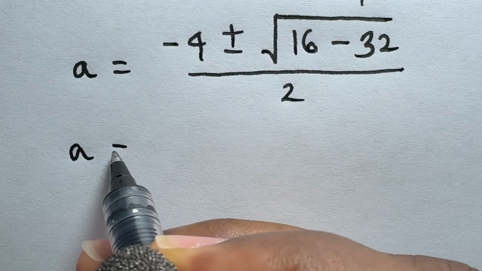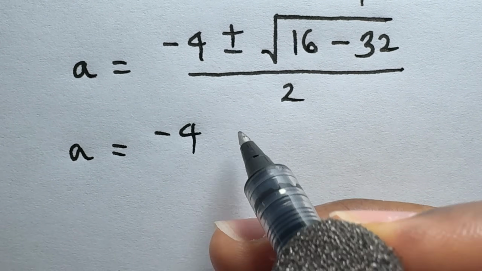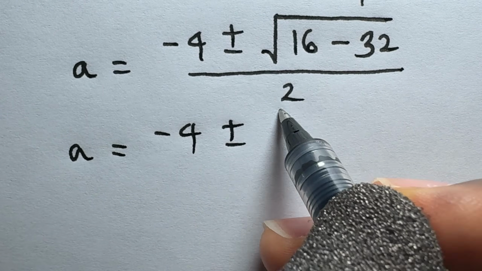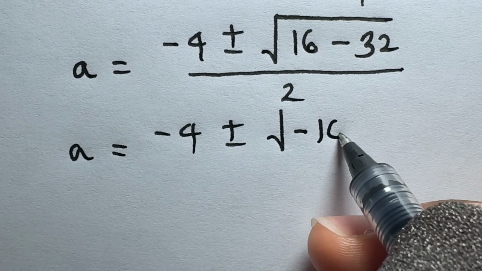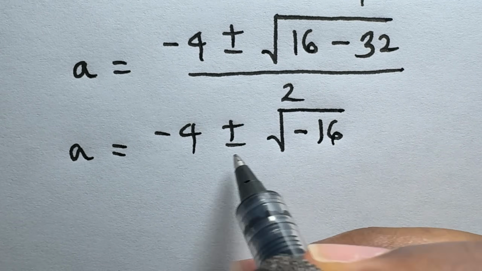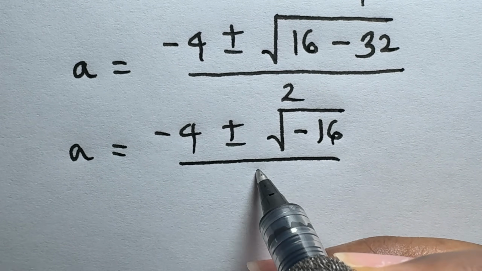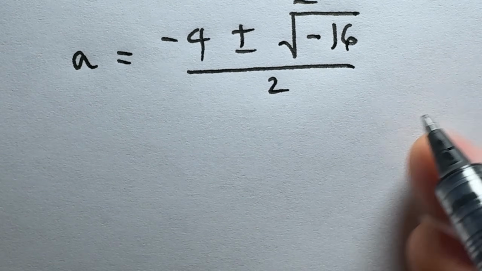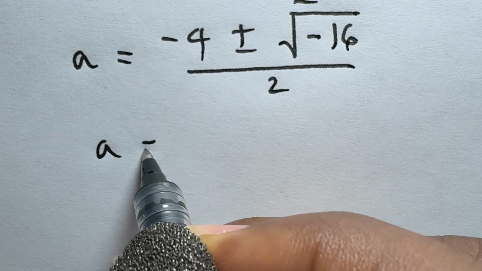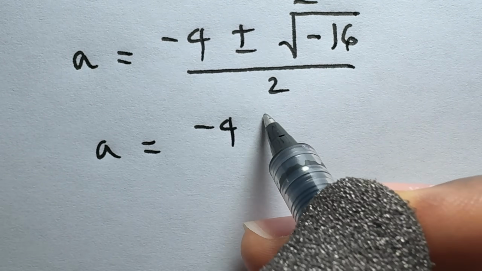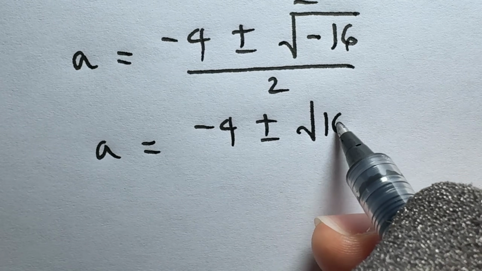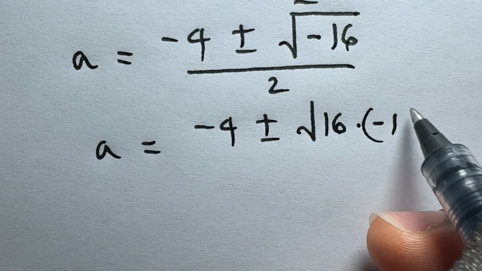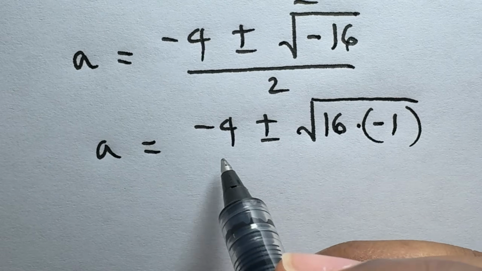a is equal to negative 4 plus or minus the square root of 16 minus 32, which is negative 16, then divided by 2. So a is equal to negative 4 plus or minus the square root of 16 times negative 1, then divided by 2,